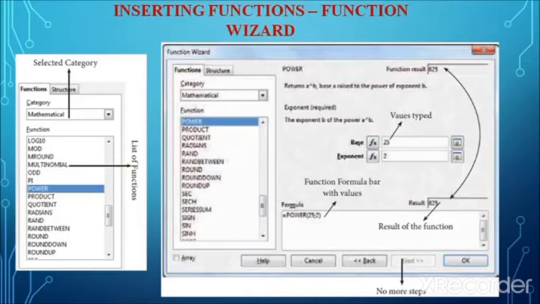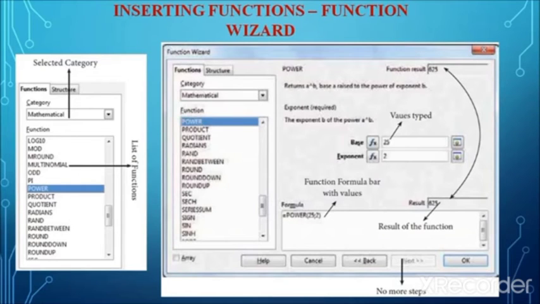By clicking that, the user will be redirected to the worksheet page. There the user can click the cell where the base value is entered. That is the second step.